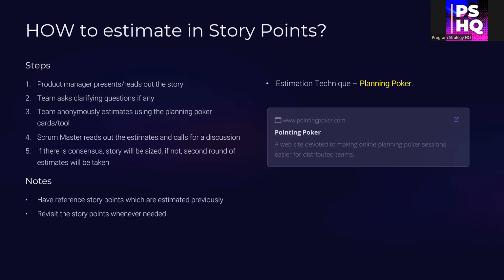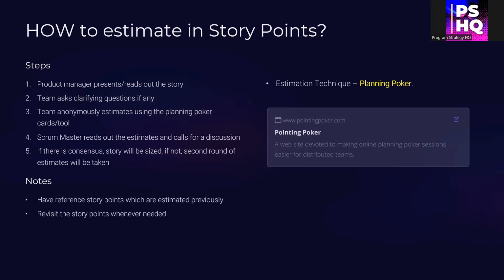Here it may happen that the person who is estimating 8 might have considered more of the scope aspects, or something which other people are missing. And the person who estimated 3 might know a faster way to do things. It can be any way. Once this discussion happens with everyone, we can have one more round of estimation with this new understanding. Mostly in the second round, everyone will have a consensus